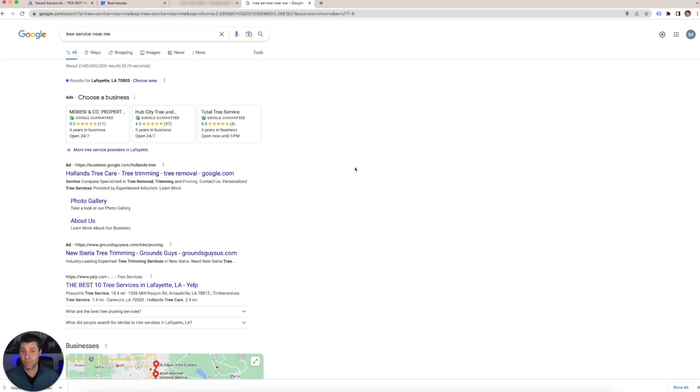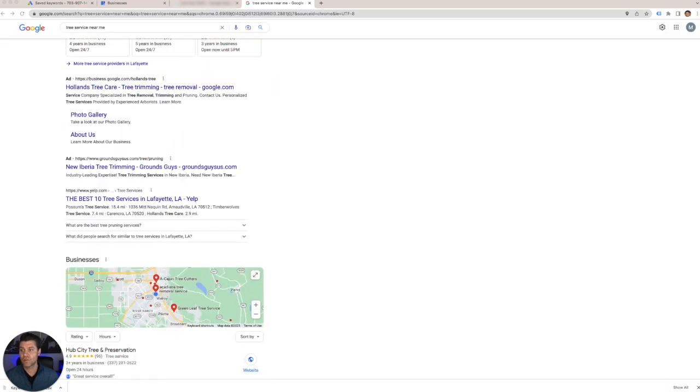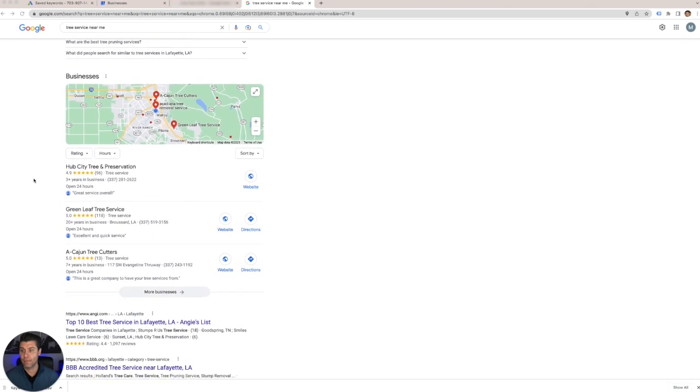So this is the SERP. Right here, they're going to show me my Google local service ads. They're going to show me the Google search ads, which is where we are learning to perfect. And then if you scroll down a little bit more, right here, is